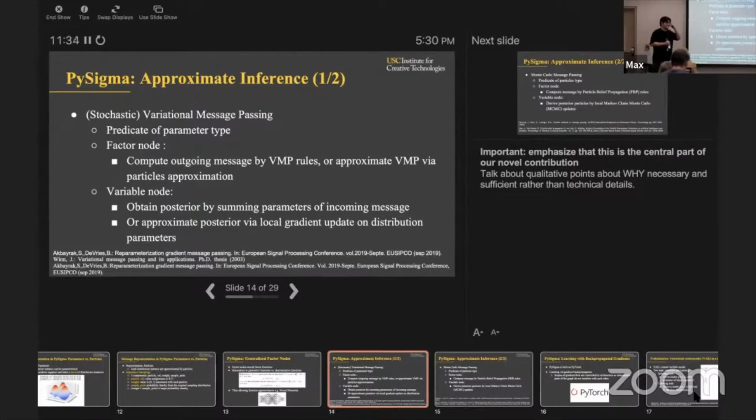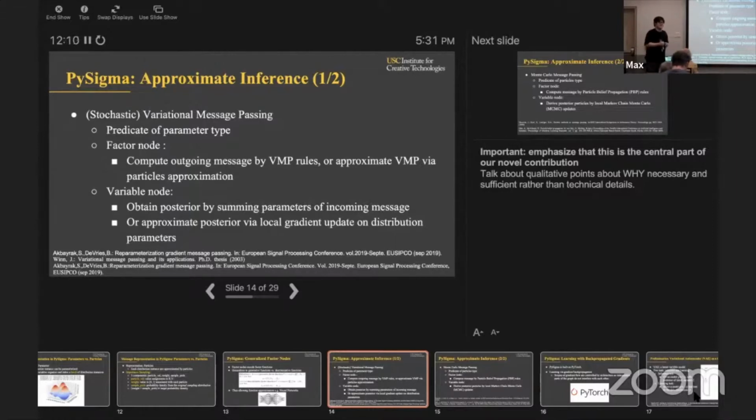And if the messages are from the exponential family and the factor functions are exponentially conjugate, then there's a closed form solution for the message update rules. If not, we fall back to stochastic updates where we use Monte Carlo methods to approximate the posterior. One thing to note here is that at a variable node, if we use the stochastic version, it mathematically lends itself to a formula that's equivalent to an algorithm called proximal policy optimization, which is a very well-known